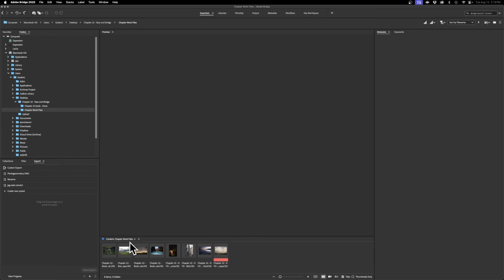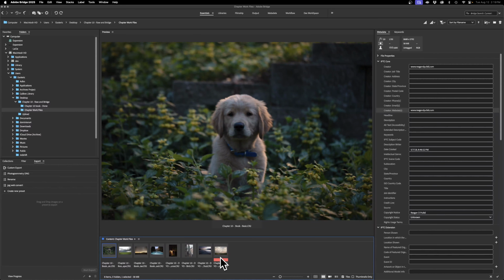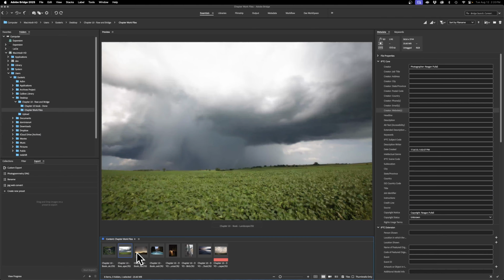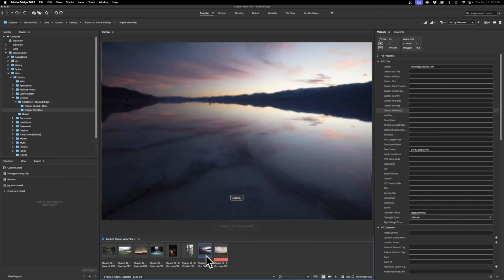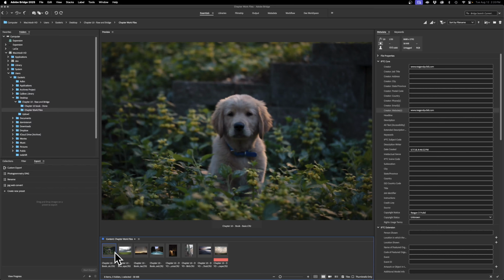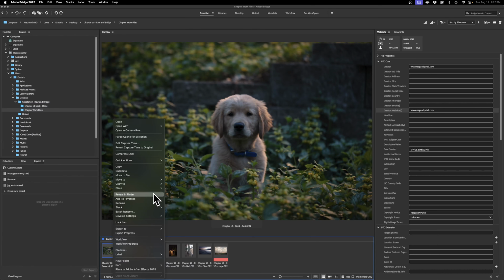Let's take a look at how we can organize things in Bridge. So we have an individual image, and here we only have 4 images that we're going to edit as part of the book, and then there's these additional do-it-yourself images. But I can assign certain information to them. So like I can right-click, and I can go to, where is it? I always have a hard time finding it, label, and I can apply a color label. I can also apply